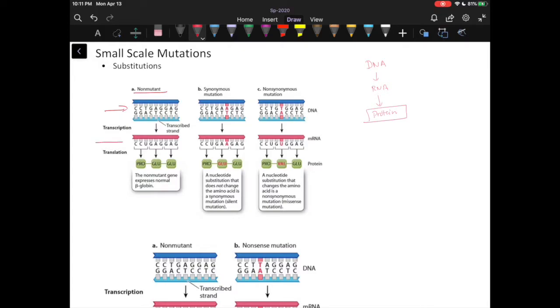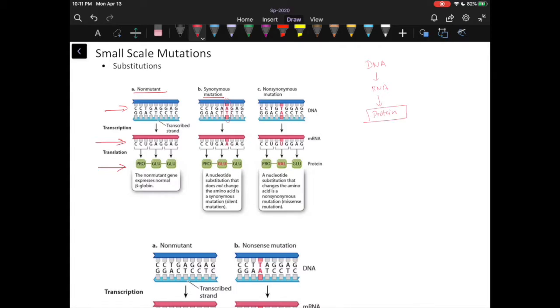So we have our DNA right here. It is transcribed into this mRNA, and that mRNA will code for this specific polypeptide chain and this sequence of amino acids. Here we have a proline, glutamine, I think. Now, if we look at our synonymous mutations,